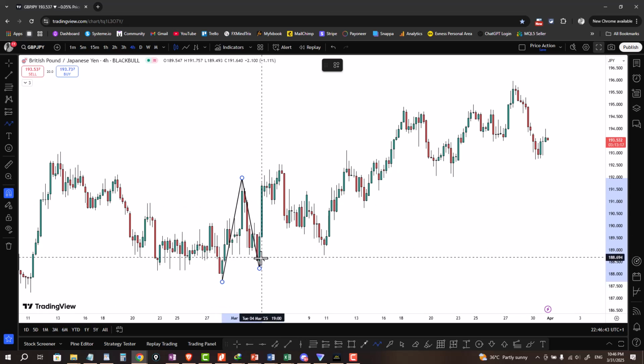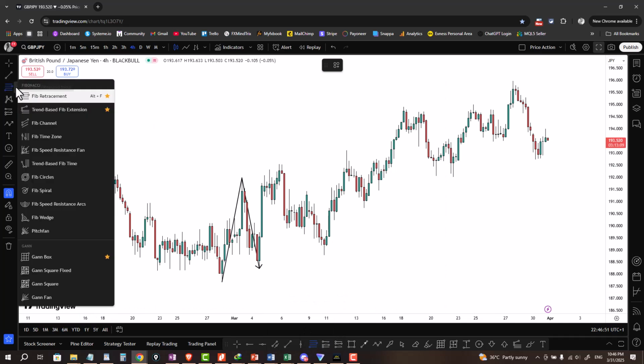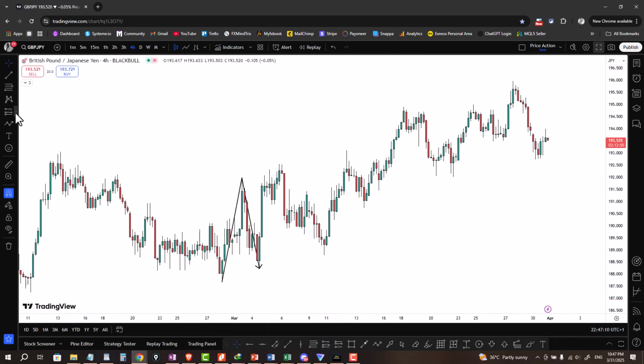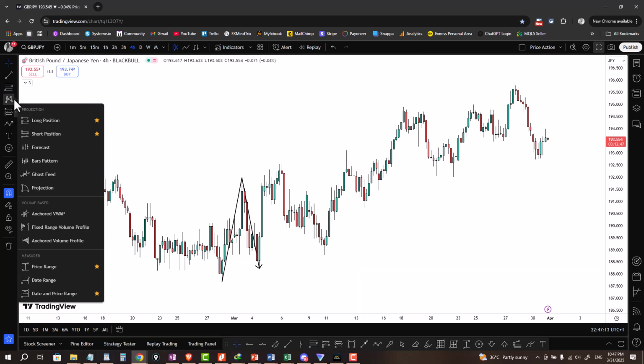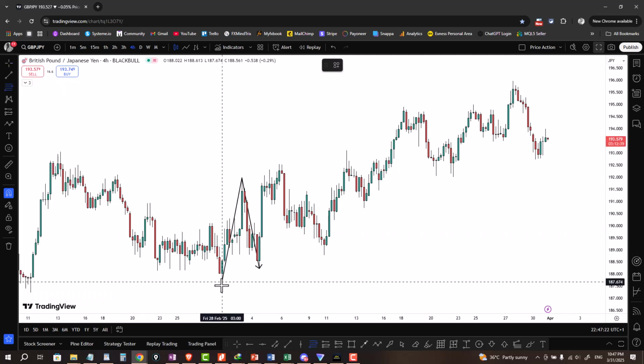this particular move, what you'd need to do is pick the tool, and I have it as a shortcut here. So if you're using TradingView, just click on here and then select it from anywhere from here. You're going to see the Fib retracement tool. So just select it from here. I have it here because I just have it as a shortcut to make it easy. This is where you'd find it. You see Fib retracement. So if you were to use the Fib retracement tool, you would actually draw from